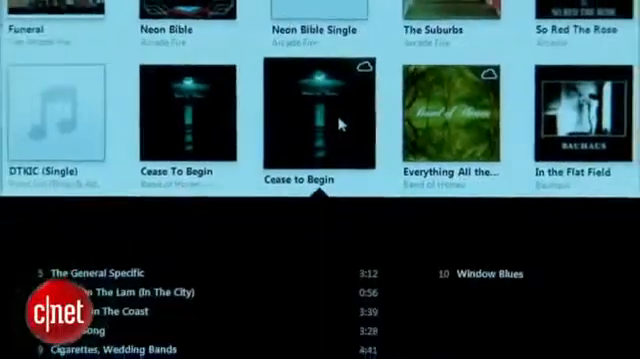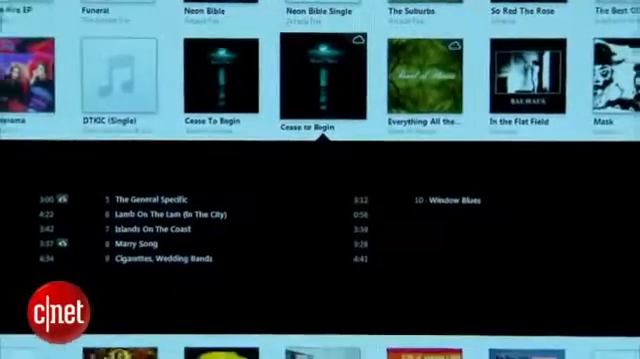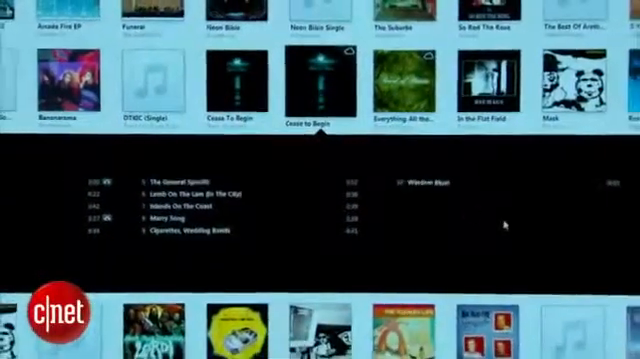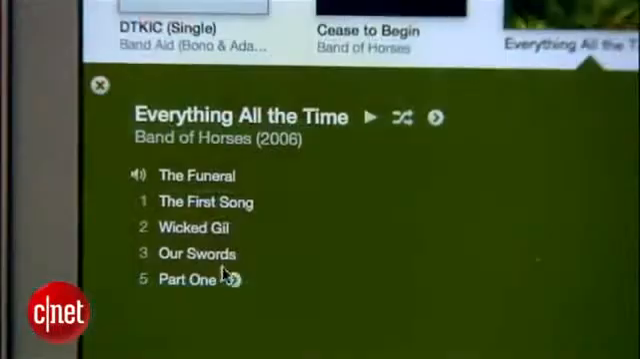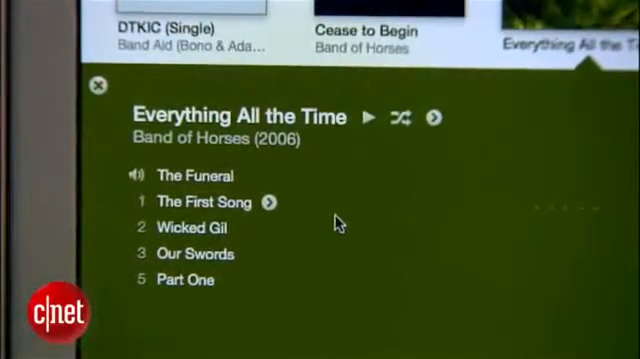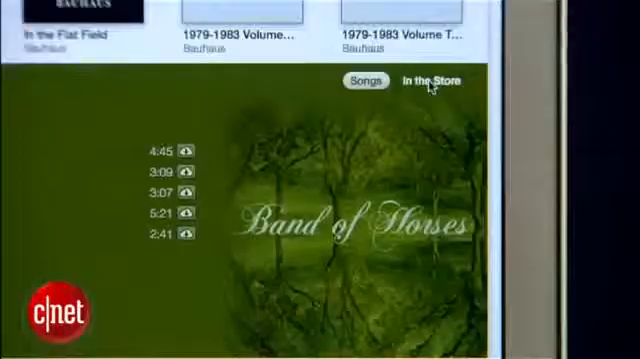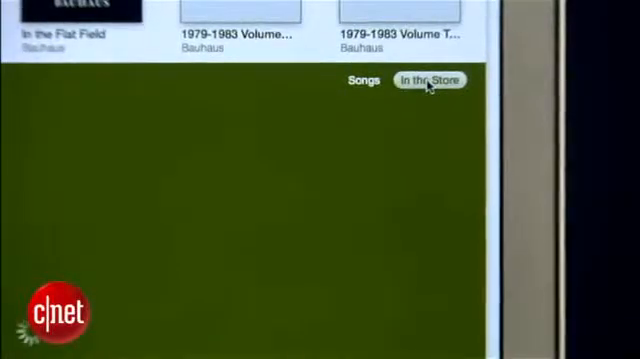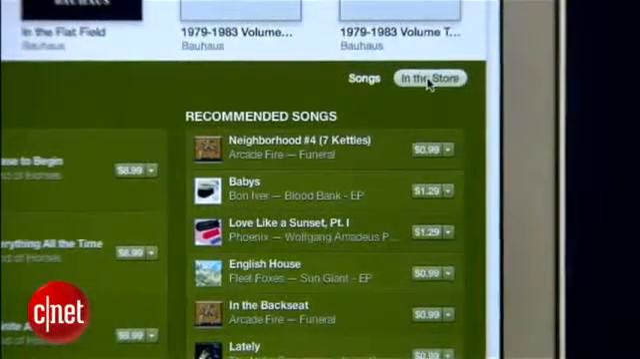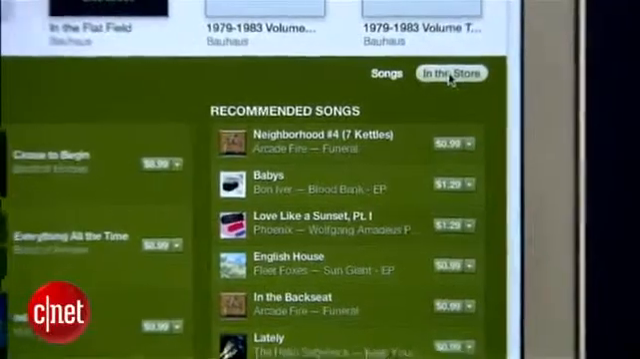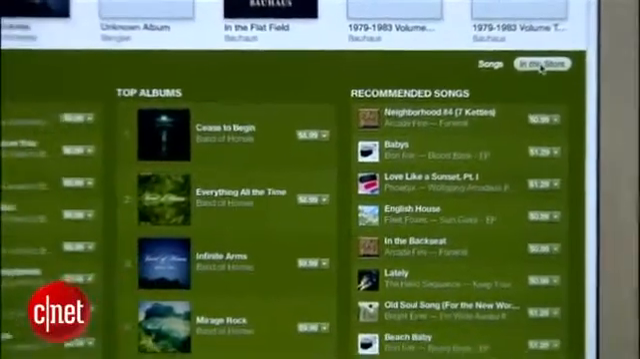Along with interface changes, iTunes now has new ways to discover music. When you click on an album in your library, for example, it expands in place, closely matching the theme of the album cover. From here, you can pick songs to play, or use a new feature over on the right that shows you more info from the iTunes Store. Click in the store to see top songs from the selected artist, top albums, and recommended songs that are similar